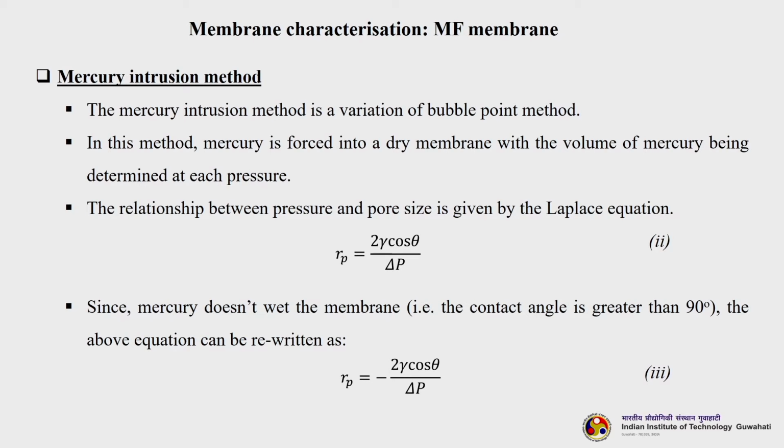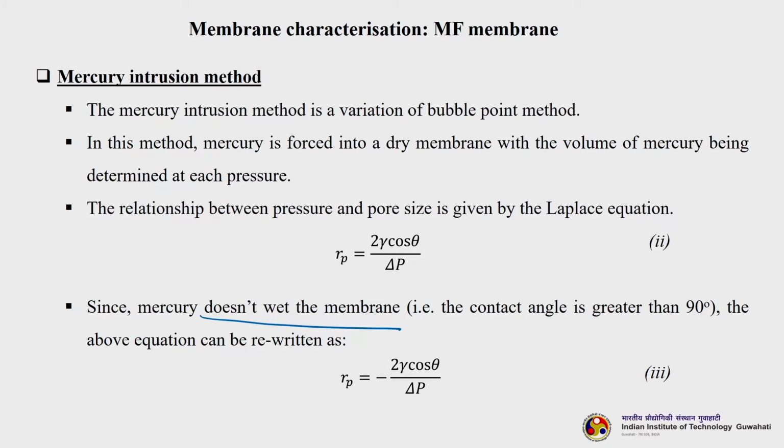So, students, the next method that we are going to discuss today is the mercury intrusion method. This is a very important method, because most of the membranes and the catalysts and adsorbents always use this method to find out the pore volume. We have discussed pore size distribution, how to find out the pore radius, all these things, but we have never talked about pore volume. Pore volume is also very important, especially in adsorbents and catalysts, but this is also important for membranes. Many times if you are using the membrane in membrane contactors, reactors or bioreactors, at that time pore volume also plays a big or important role.